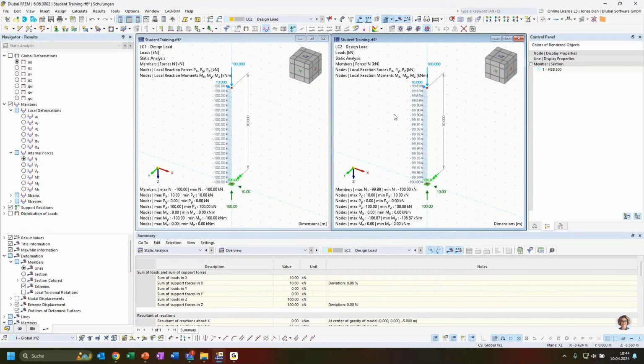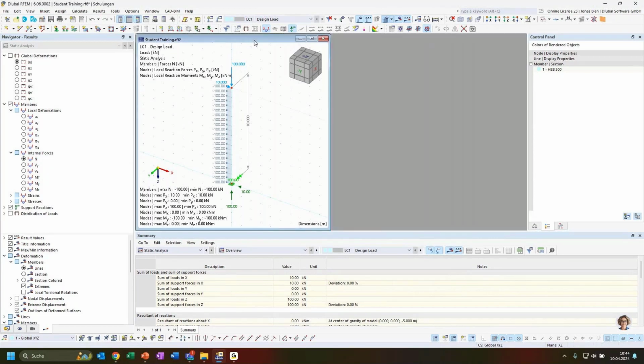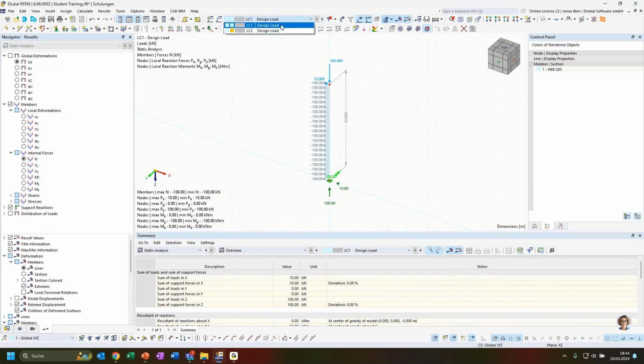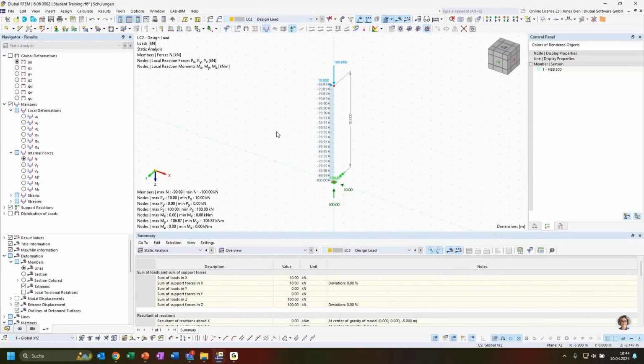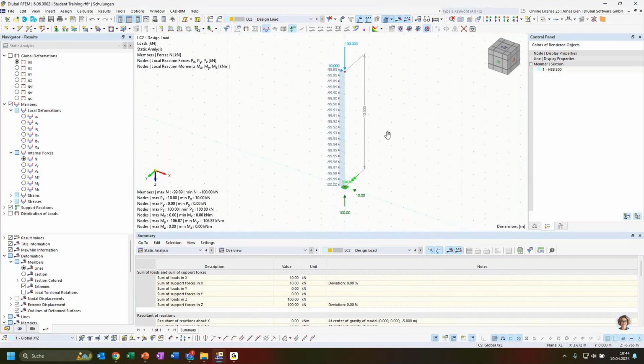All right, but let's switch to one window and concentrate on the next information I will give you. So as I said, in this case, we have an increase of the bending moment of around 7%,